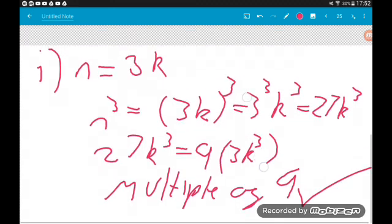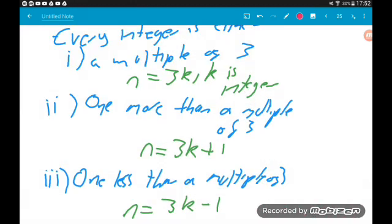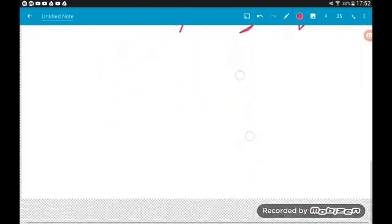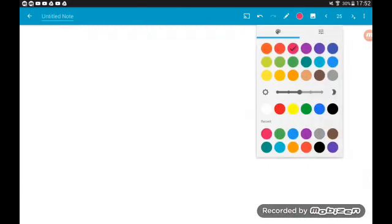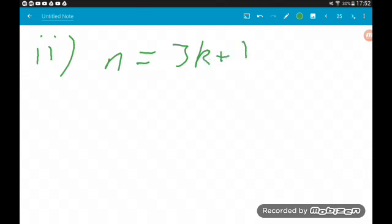Case 2, which way around did we do it? What was our case 2? 1 more than a multiple of 3. Okay, so case 2. So for case 2, n equals 3k plus 1. So n cubed is 3k plus 1